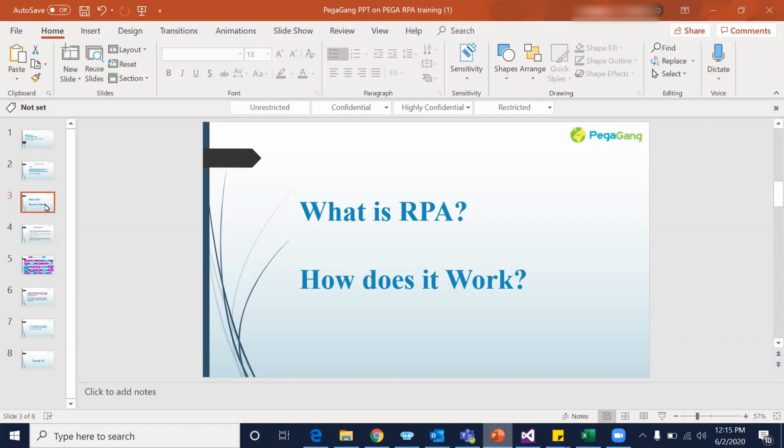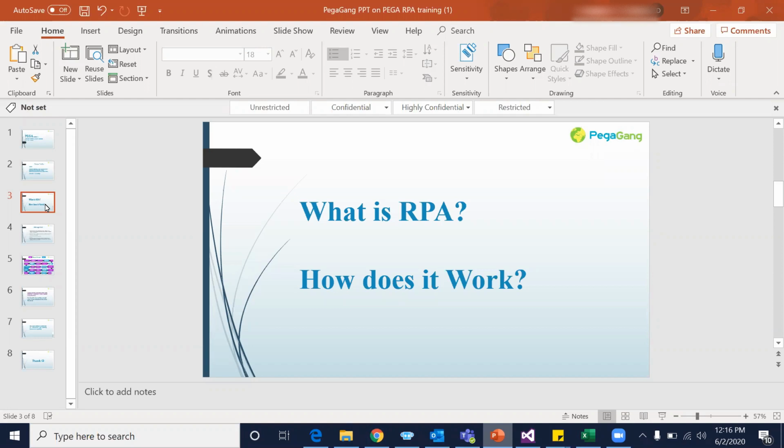Now the question is, how does it work? We all know that RPA is process automation and it can automate the process. But how can we actually implement it, and how will RPA be helpful to us, the developer as well as the business?